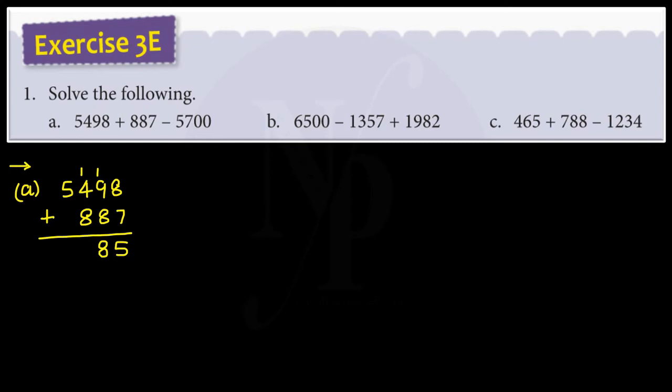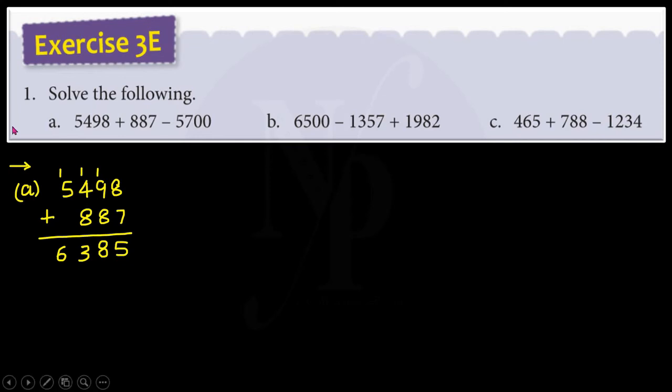So 100 plus 400 is 500. 500 plus 800 is 1300. So we write 300 here, and 10 hundreds, that is 1000, is carried forward to the thousands place, and 1000 plus 5000 becomes 6000. The sum is 6385, and from this sum we need to subtract